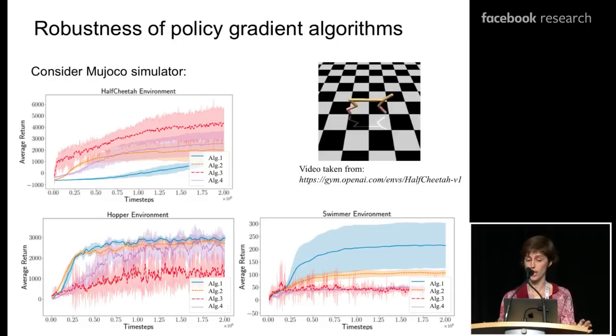On the half cheetah, the red is doing much better than the others. On the swimmer environment, it essentially completely fails to learn. And so it makes it a little bit difficult for us to know what are the right baselines to use. We want to include valid baselines when we're sending a paper for review or publishing a paper. At the same time, it gets a little bit tedious to try all of the algorithms on all of the domains just because they have such variable performance.